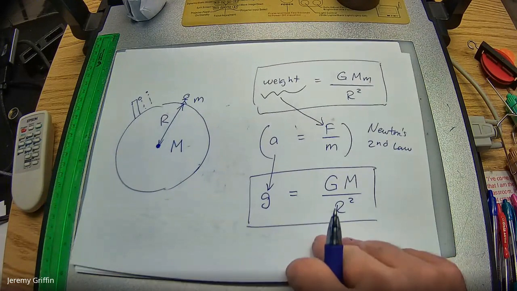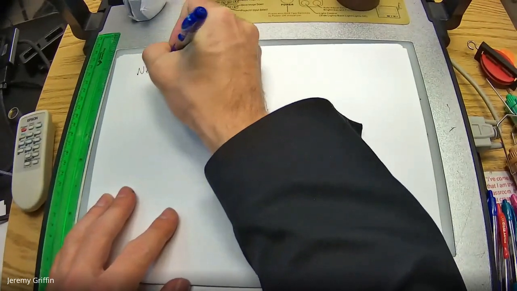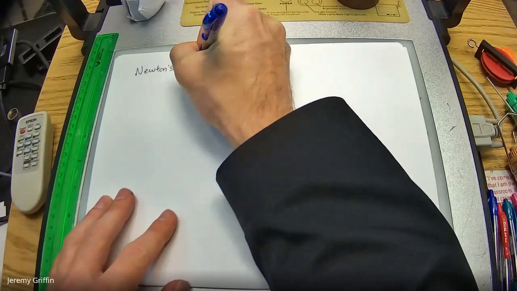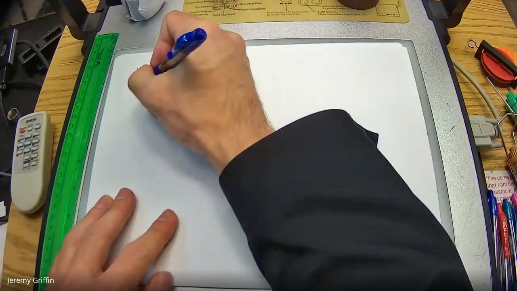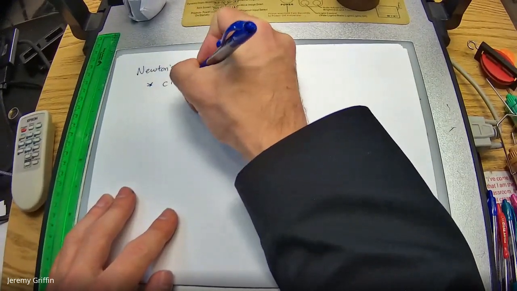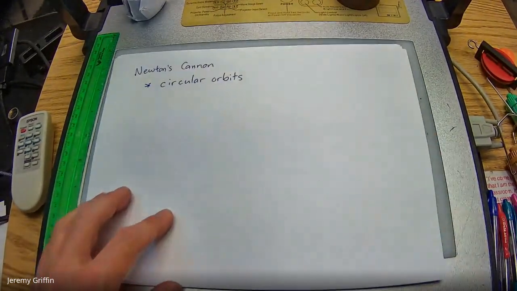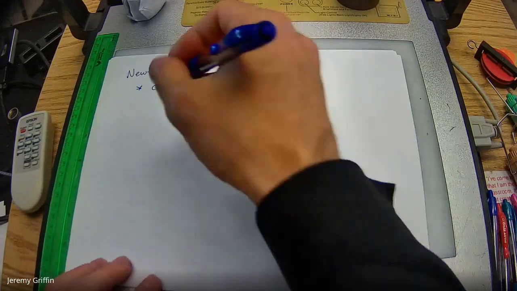Take this gravity idea and rotation, and start to put this together. Isaac Newton had this interesting thought experiment. We call this Newton's cannon. It's going to lead to circular orbits. Maybe I shouldn't have written that yet because I'm sort of spoiling the story. But it goes like this.